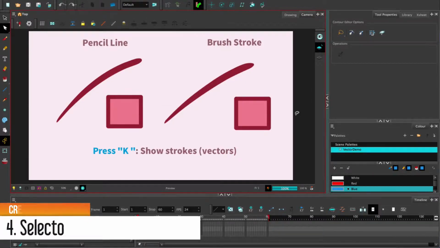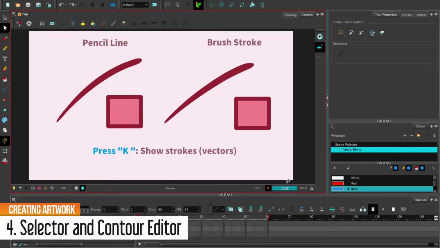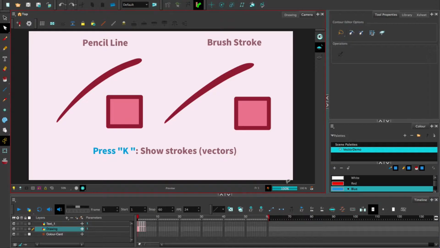So let's start looking at our vector drawing tools. First of all, I wanted to make sure we understood the difference between a pencil line and a brush stroke. So this line was drawn with this pencil tool here, and this line was drawn with the brush tool. They look the same right now, but if you press your K key, it will make our individual vector strokes